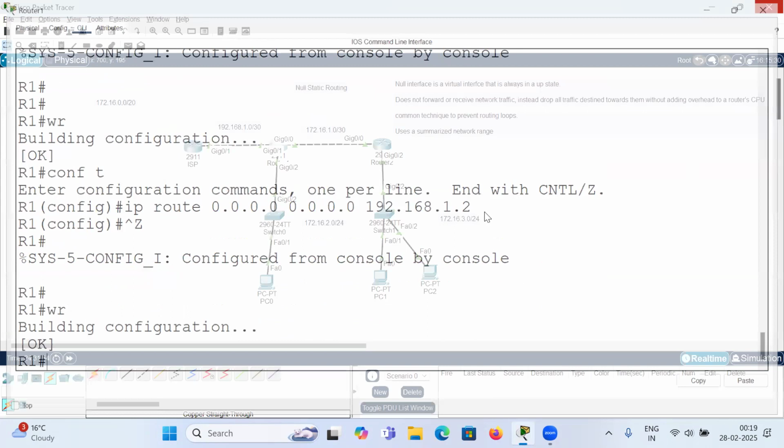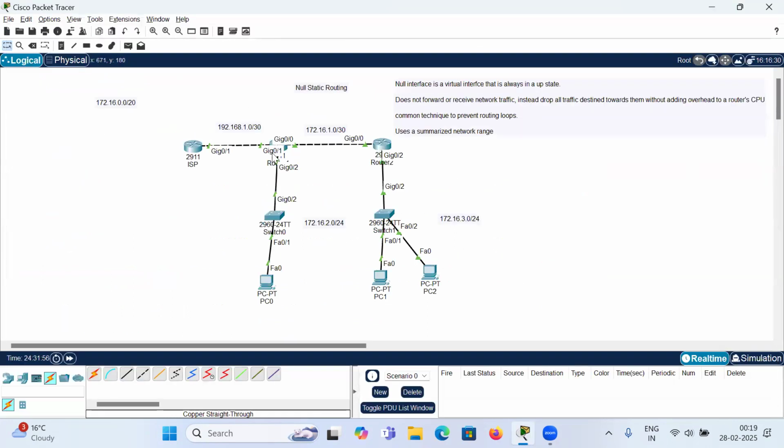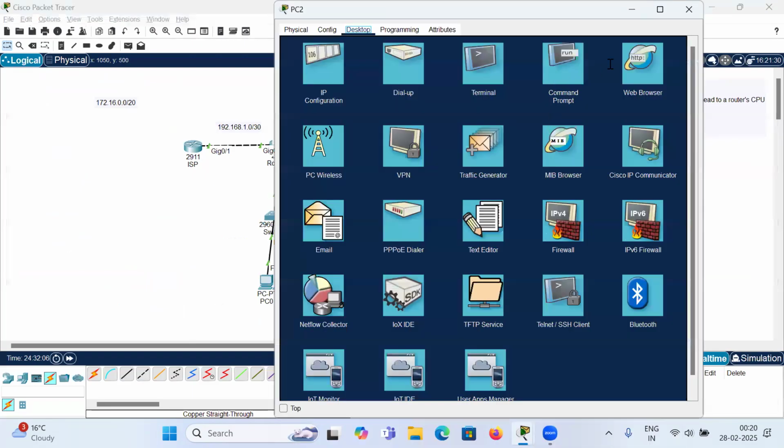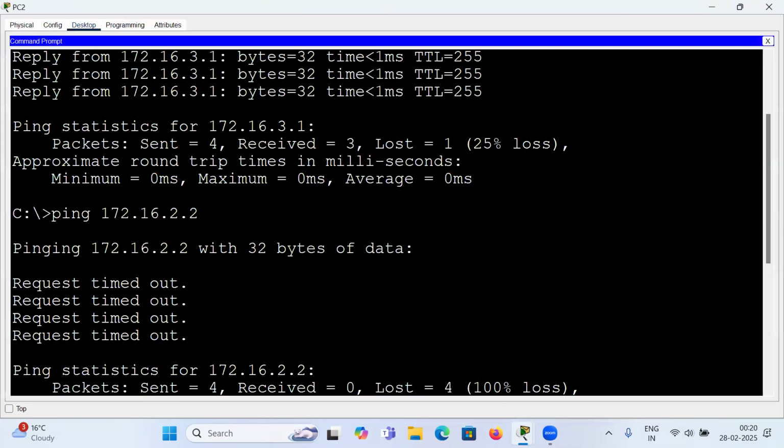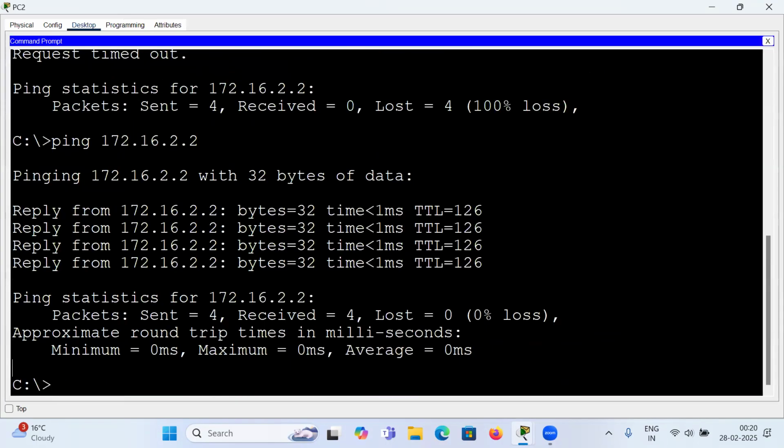Because R1 is the main gateway of my company, if anyone wants to communicate with this ISP or toward the internet, like from this PC, we can see the trace route. If it wants to communicate with the ISP router,